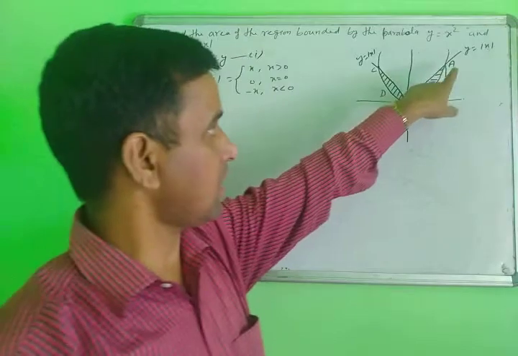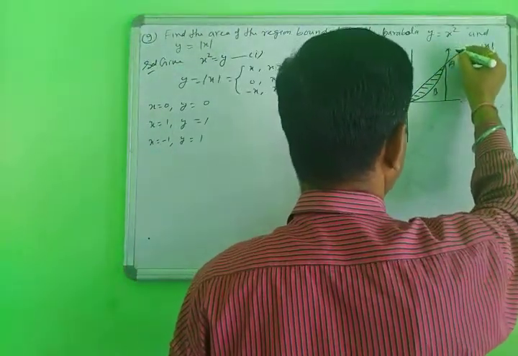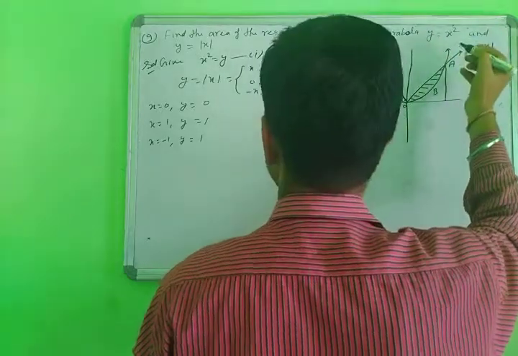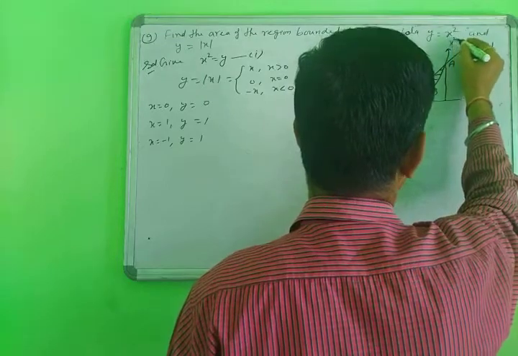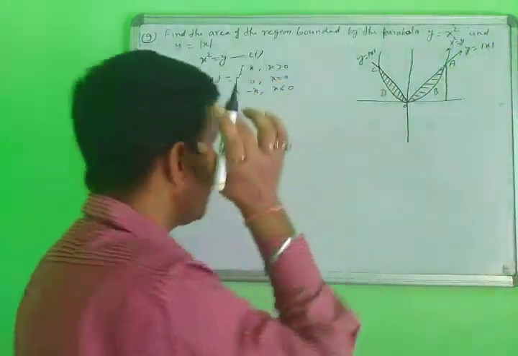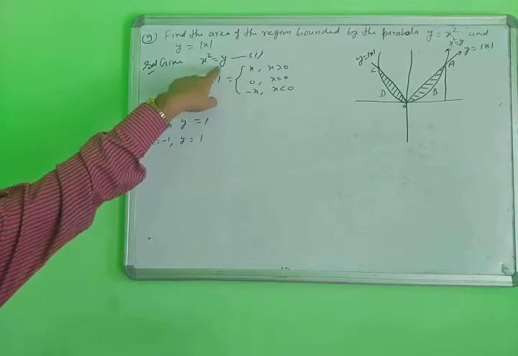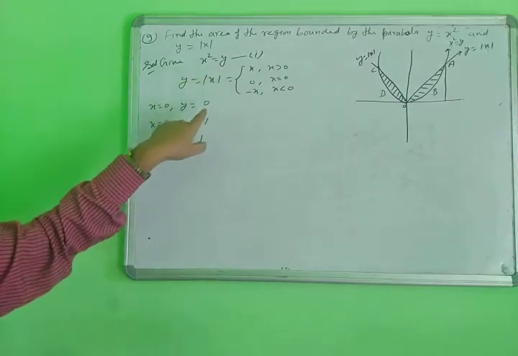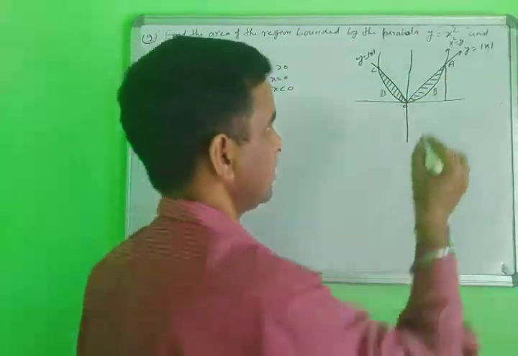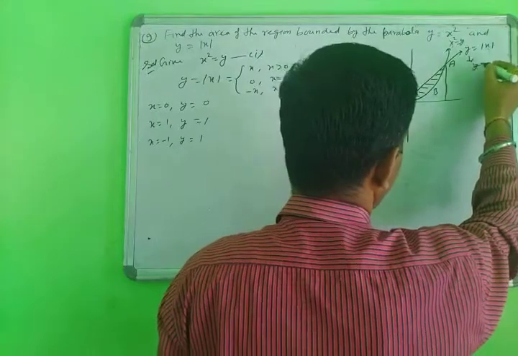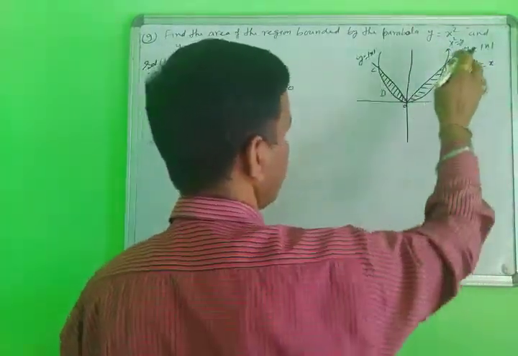Then you say here two curves. This is the equation of the line here, and this one here is the curve. This curve equation here is x square equal to y. Then x square you can convert into y equal to x square, and here y equal to x, only the positive direction of y equal to x. Then you can change this form: here y equal to x, and here y equal to x square.